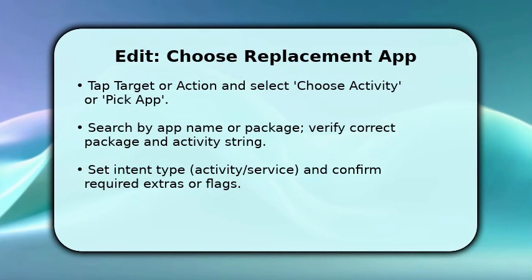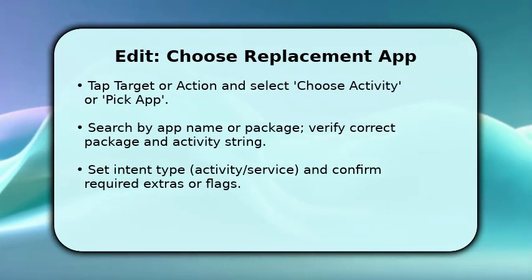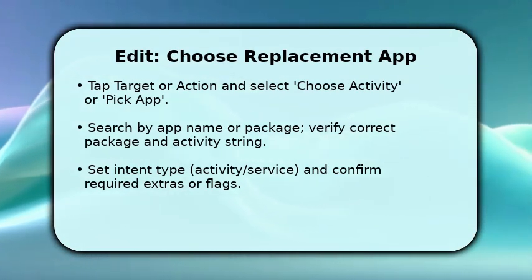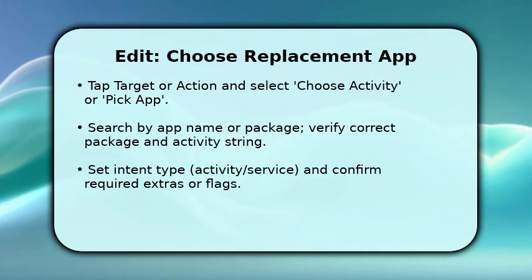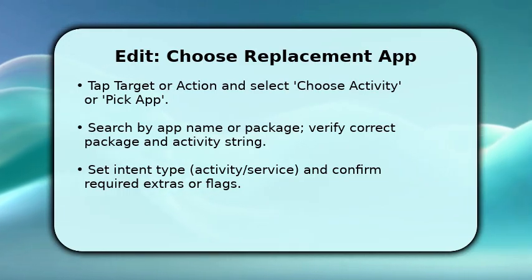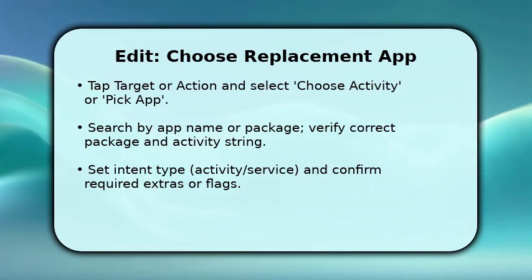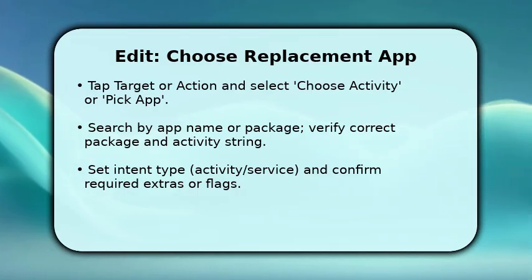Now you replace the target. Tap Target or Action and choose Pick App or choose Activity to see installed components. Search for the replacement app by name, then confirm the exact package and activity so the shortcut launches the right screen. Make sure you set the intent type correctly, activity versus service, and add any required extras or flags the